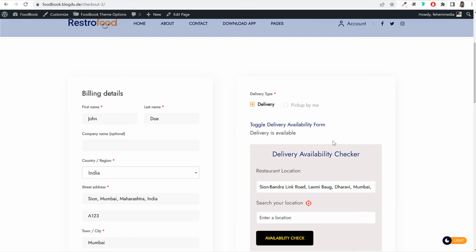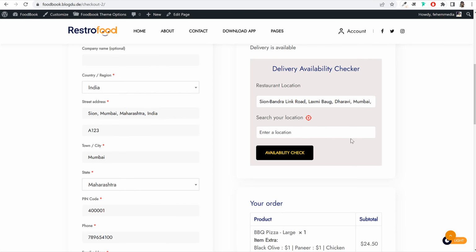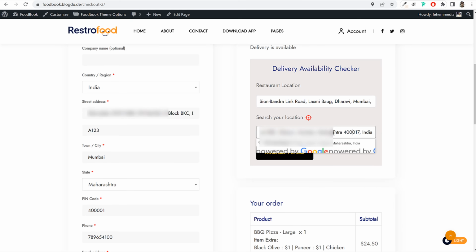Now on the checkout page, most of my details will automatically be entered. So I can enter this. Now the one detail that I have to enter is the street name. Once I click on this icon, it will automatically locate my street name. So let's see. If I click on this icon, here as you can see, all the exact details of my street are now entered, and here as you can see on the left-hand side also this detail will be